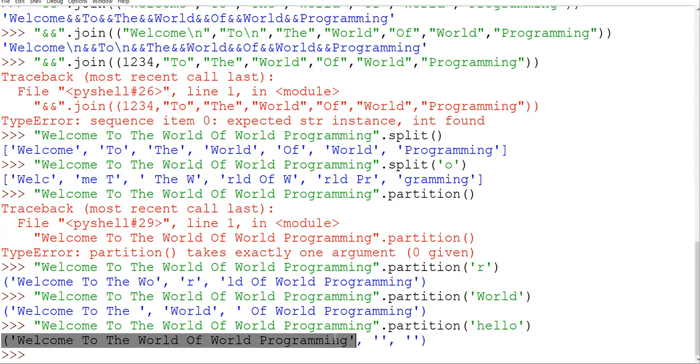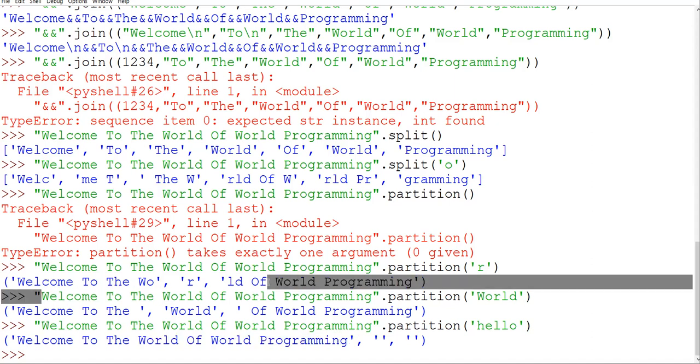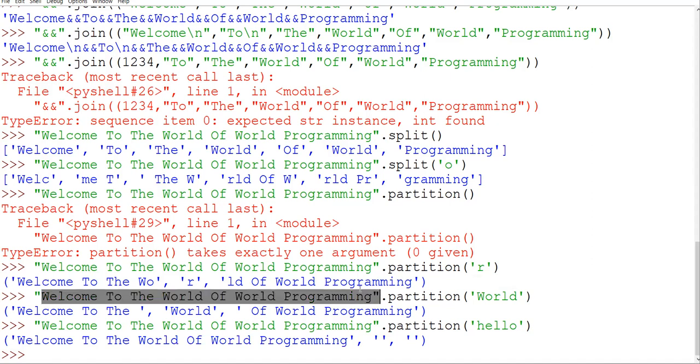Okay, now the question is, I'm giving you 3 minutes. You have to input any string and then count the occurrence of a given substring. For example, if my string is this and my substring is world, you have to count how many times world is present in this particular string.